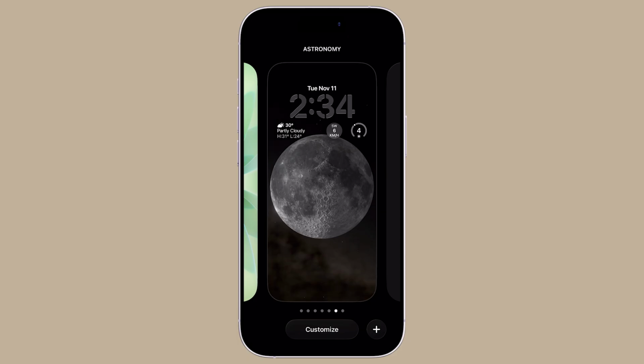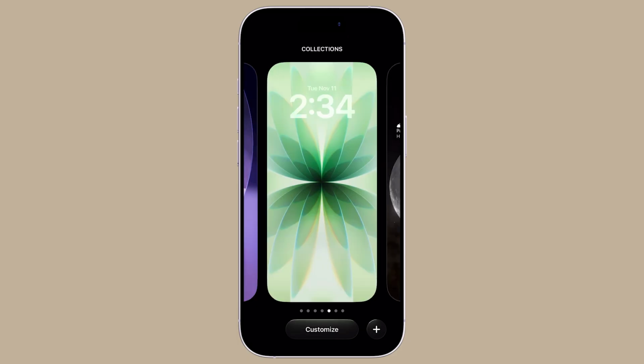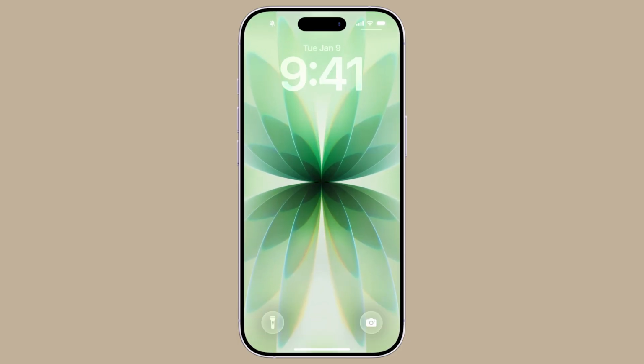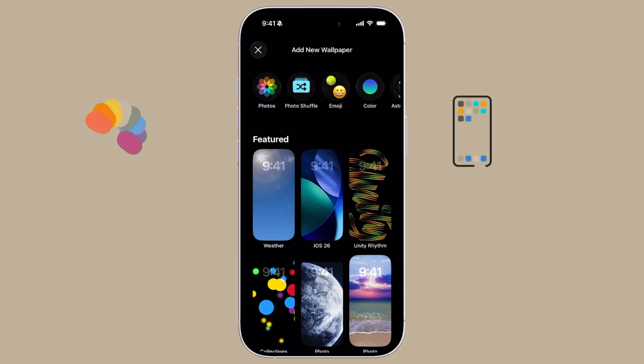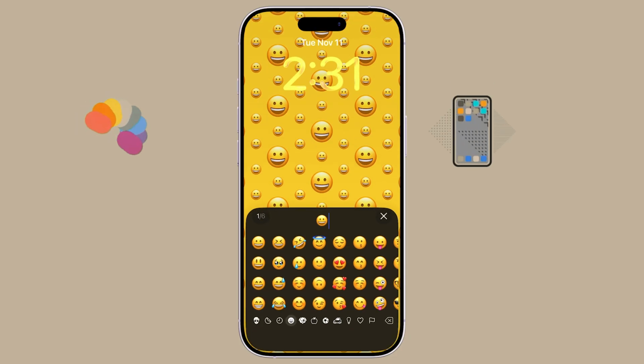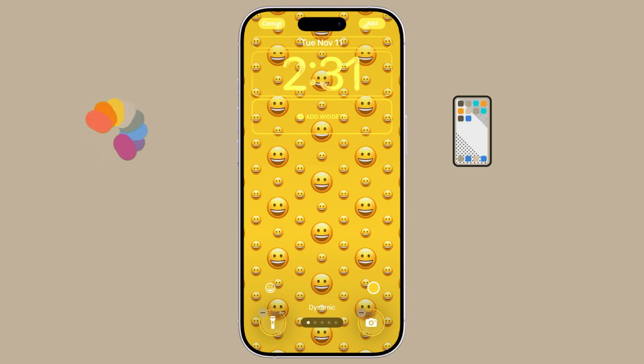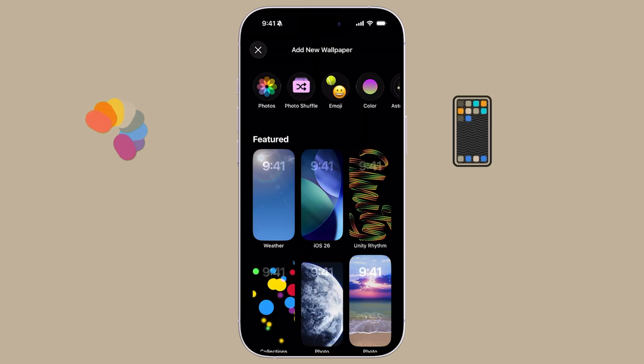And that's it. You've just personalized your iPhone 17's wallpaper to make it truly yours. Whether it's a favorite photo, a calming color, or one of Apple's dynamic wallpapers, a quick change can completely refresh